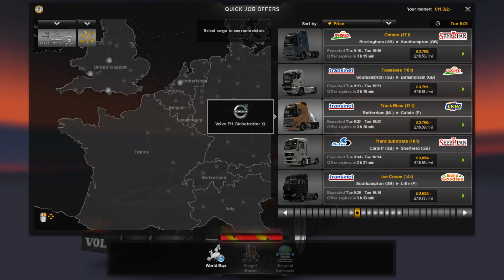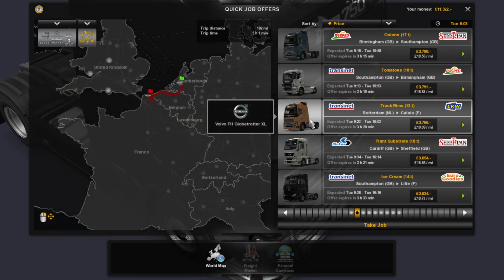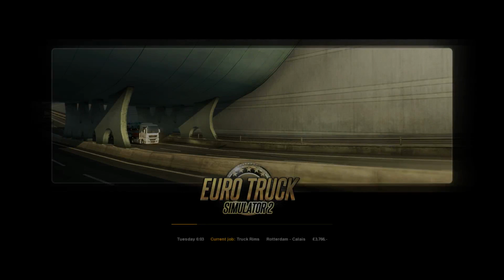Rotterdam to Calais, truck rims. I mean, it's short. It's only 3,760. Let's do that. Rotterdam to Calais. At least we can go travel through Europe a little bit. So,